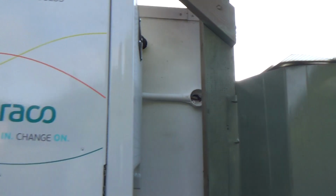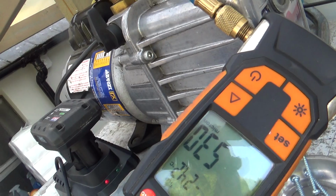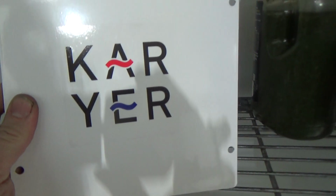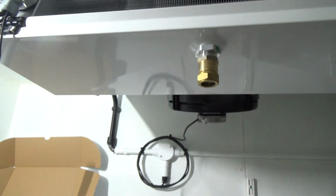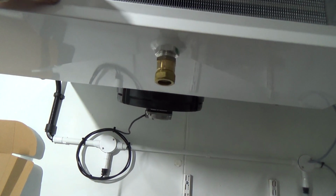Got conduit run round. Got to make the ends off, get that vacuum in. This is a different make evaporator. It's Kaer, which I think is made in Turkey. The metal's quite nice and thick. It's probably thicker than you get on the cell unit, or it seems like it. But,